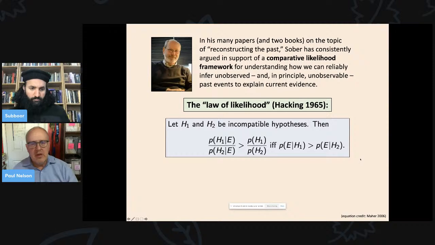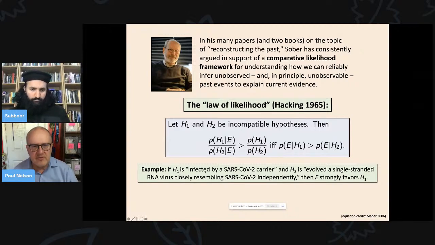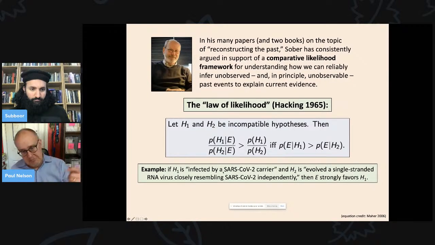All right. So as I said, don't let the formula throw you. An example will help. Let's suppose H1 is someone's infected by a SARS-CoV-2 carrier. My wife and I just did a test. We're tested for SARS-CoV-2 because actually tomorrow morning we're going to fly east here in the United States to spend time with our family for the Thanksgiving holiday. And I'm happy to report neither of us has, at least at the sensitivity of the particular test, any evidence of SARS-CoV-2. So H1 is somebody was infected by a SARS-CoV-2 carrier, and that's why they have the virus,